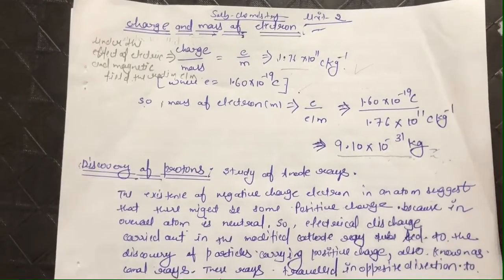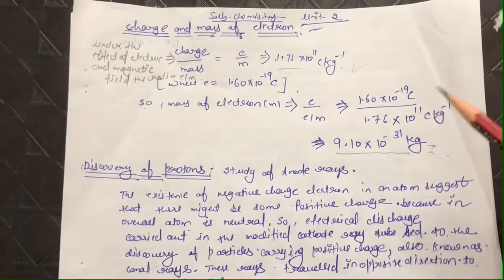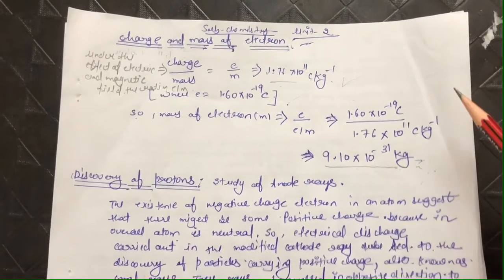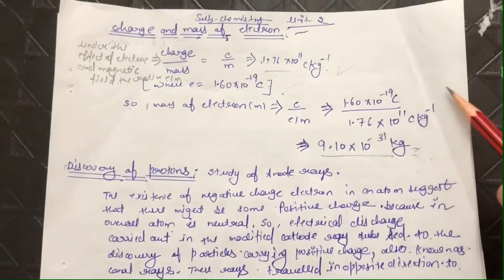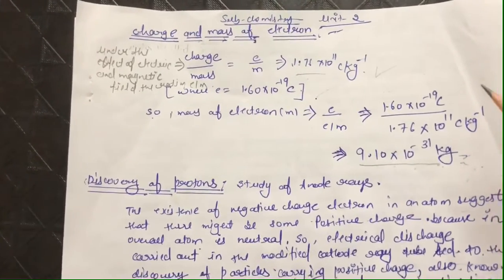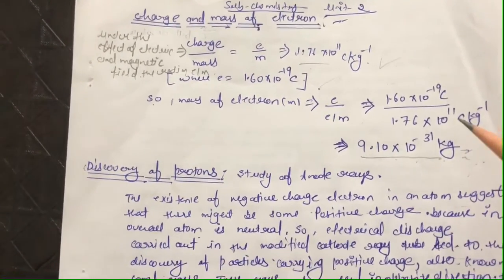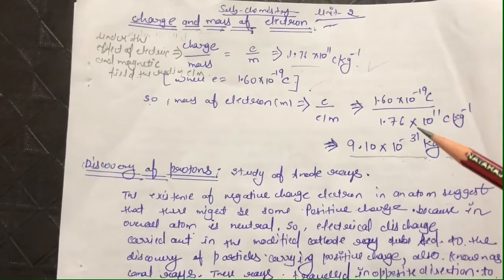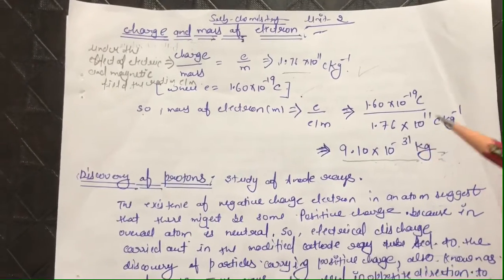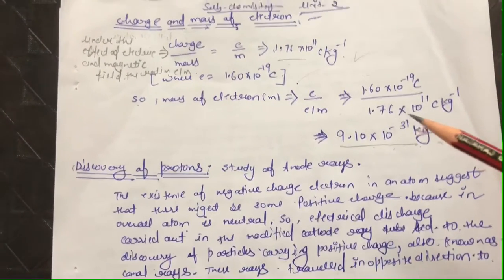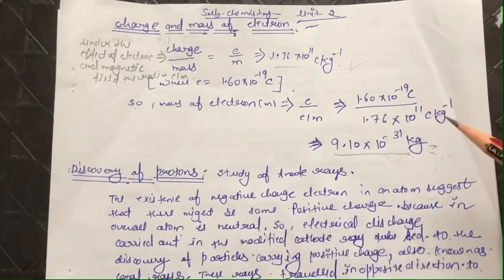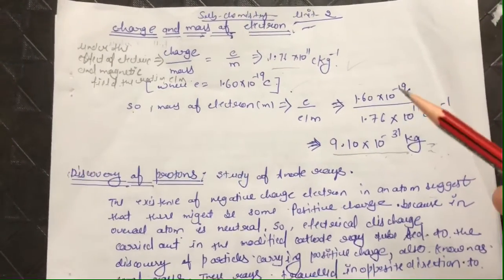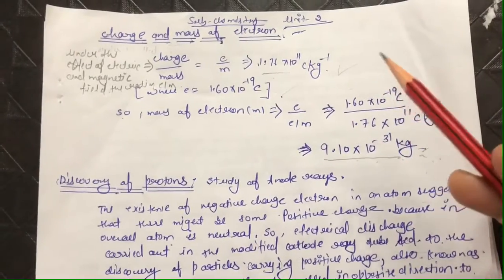Good morning, students. In our previous lecture, we started the second unit of chemistry, that is the structure of atom. Till now, we have covered the discovery of the electron with the help of the cathode rays. By doing the discharge tube experiments, we have studied the characteristic properties of the cathode rays and how electrons were discovered. Clear? And today we have to see the charge and mass of an electron.